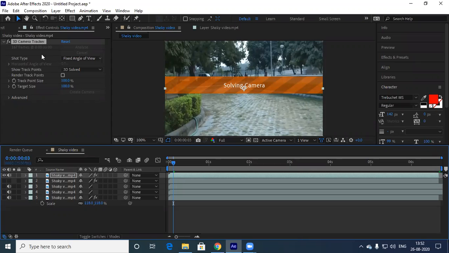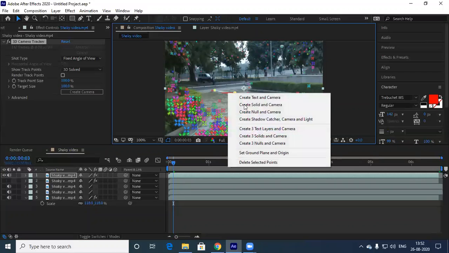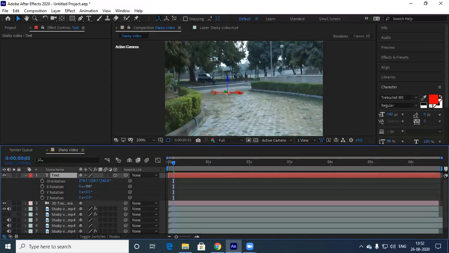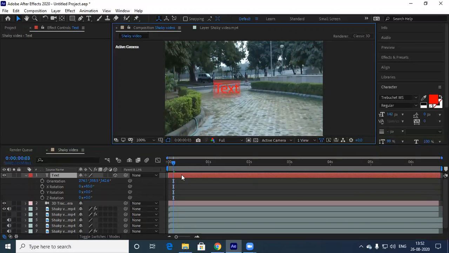Anyhow, let's see. Okay, once the camera solving is done, oh yeah, that's great. We got this. So now here, right click, create text, and R. Yeah, see now it is there. Earlier, I don't know how it missed. Sometimes it happens with After Effects.